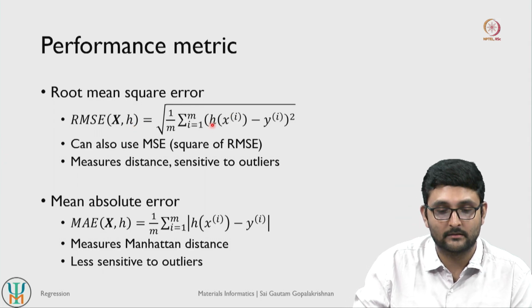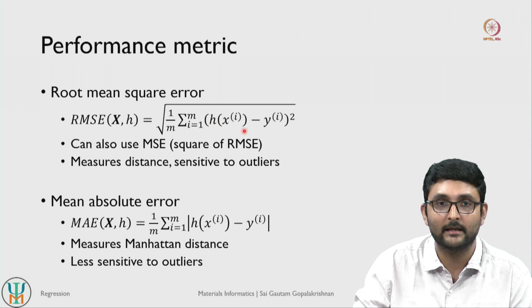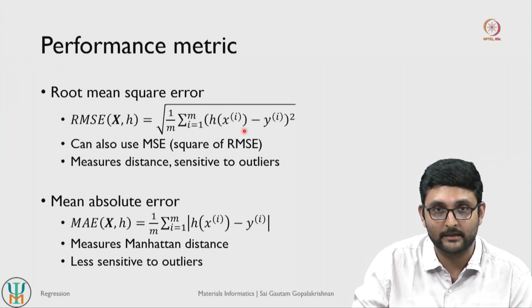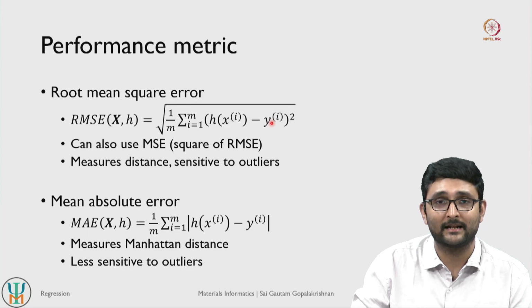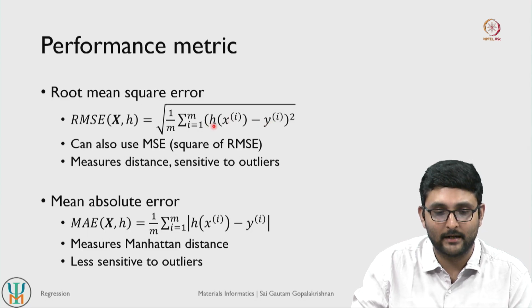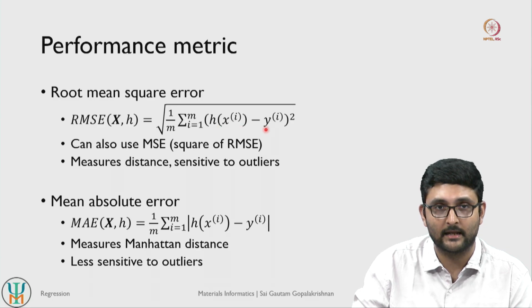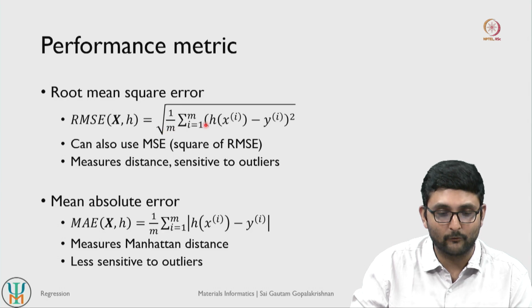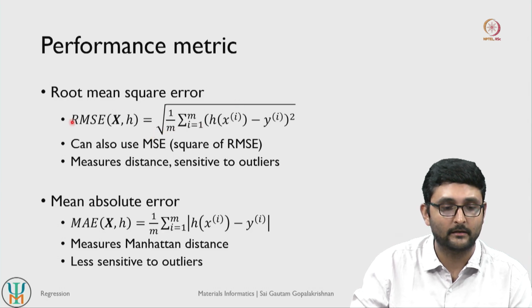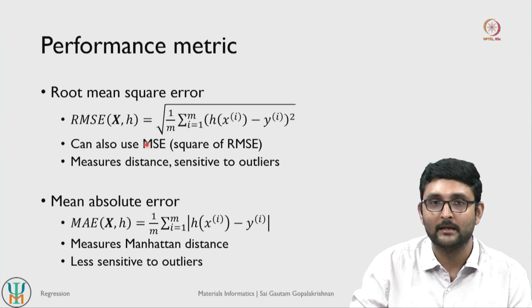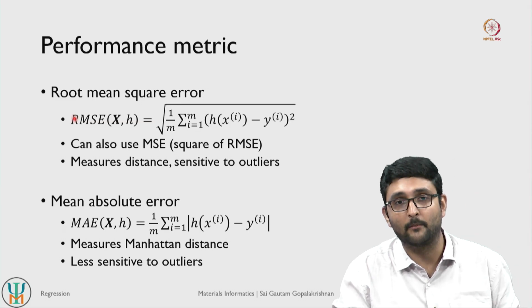So typically machine learned models have this notation of h of x. So h of x is basically your predicted value by the machine learned model, and y is your target value, right. So we basically calculate the difference between our predicted value and our target value for each data point that we have, take the square of them, and then sum up all the squares and take the average, right. So we basically divide by the total number of data points we have, and once we divide it and take the entire square root of it, we basically get the root mean squared error. So if we do not take the square root, we get the mean squared error, that is MSE. Root mean squared error is sort of more commonly used.